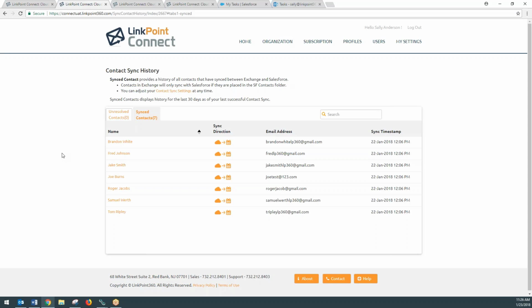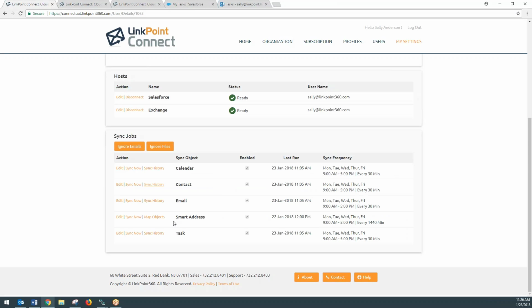Next, I want to share some of the changes that we've made to our Smart Address feature. Now, for anyone who might be new or hasn't quite implemented their smart addressing yet, smart addresses are unique email addresses that we generate based on a set of criteria so that you can sync calendar and email items to Salesforce records. So the use case is typically, I'm sending emails back and forth,